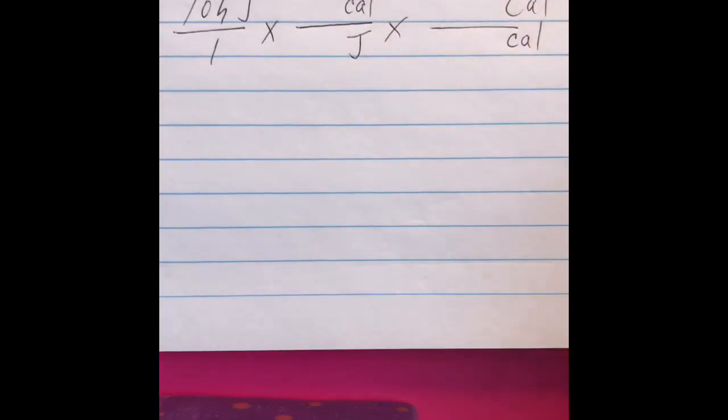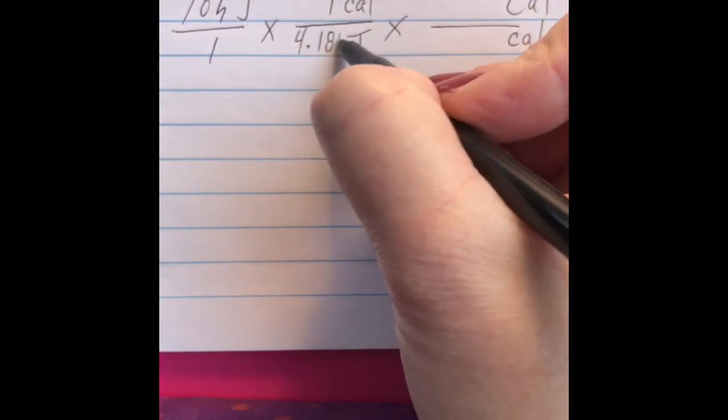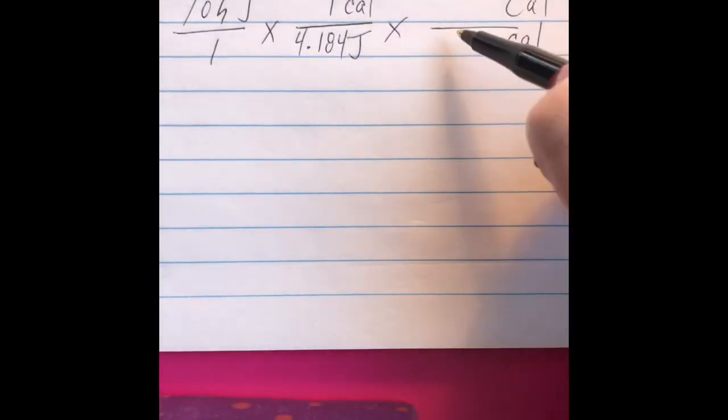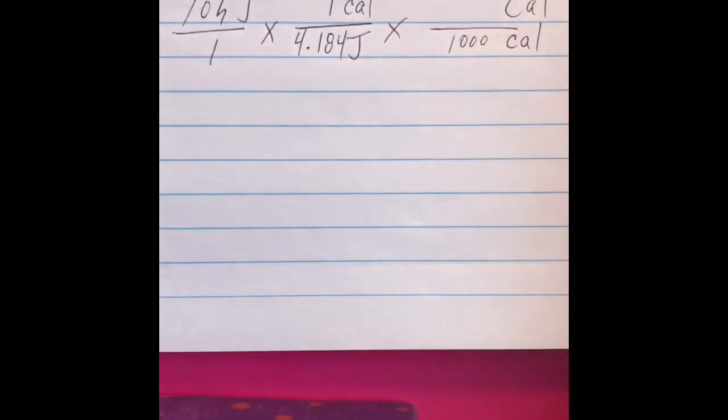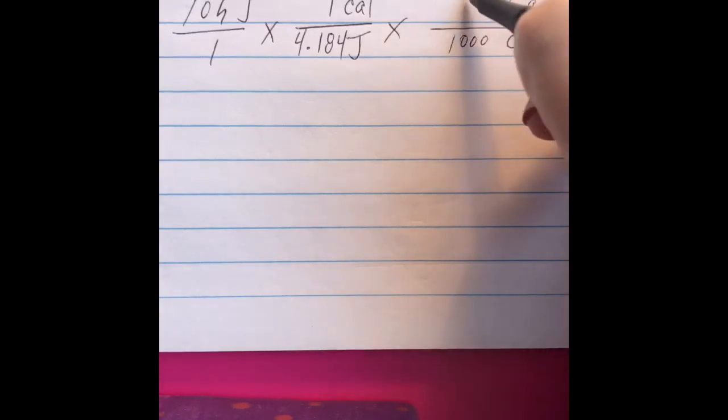And then I'm going to add one more step to get rid of the little calories, converting to the kilocalories. And I'm just using the relationships across the top of the page. 1 little calorie equals 4.184 joules. And then there are 1,000 of the little calories